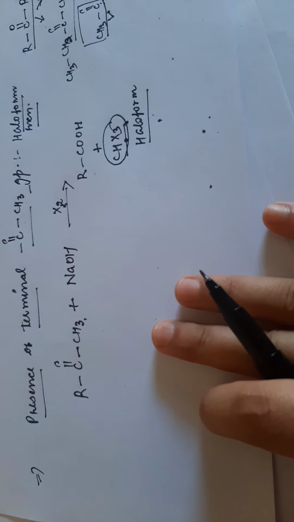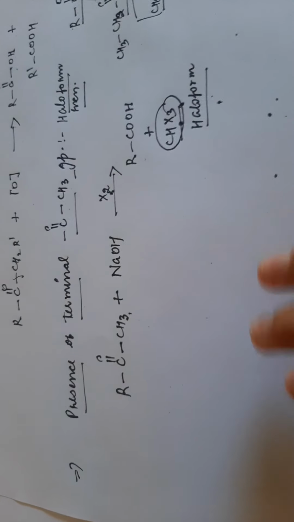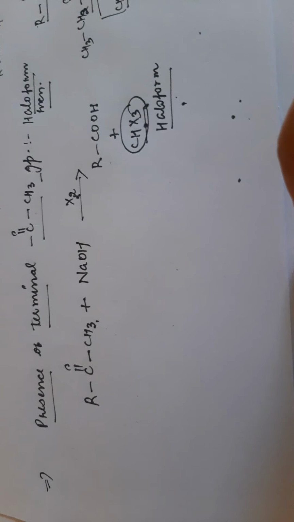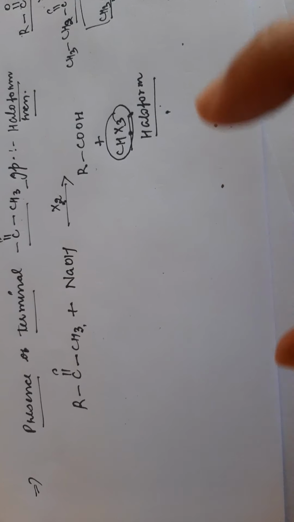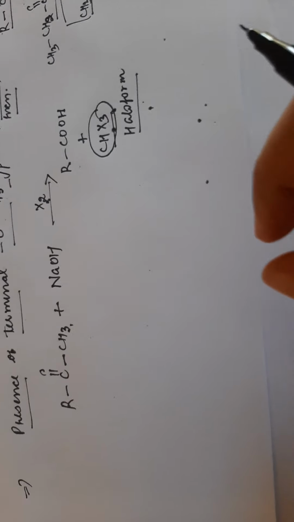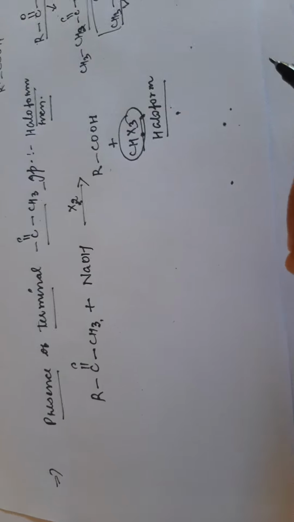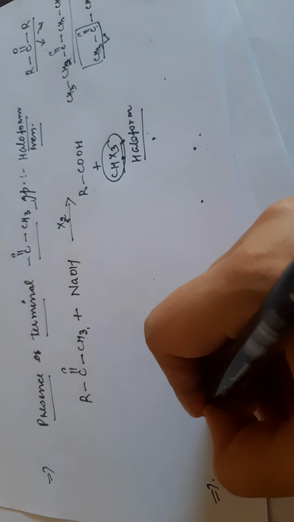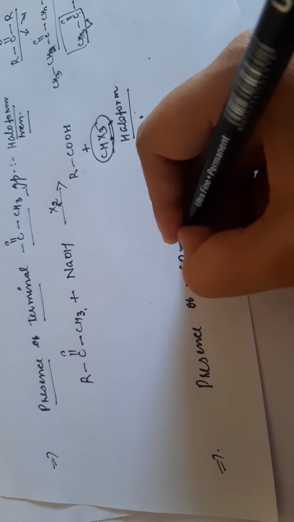The next step is, suppose the carbonyl group is absent in the terpenoid and the hydroxyl group is also absent, but the molecular formula of the terpenoid contains oxygen. It means that the oxygen present in the terpenoid may be in the form of a carboxylic group. So next we will detect whether the oxygen present in the terpenoid is due to the presence of a carboxylic group.